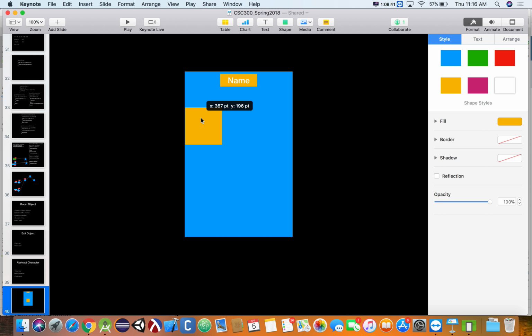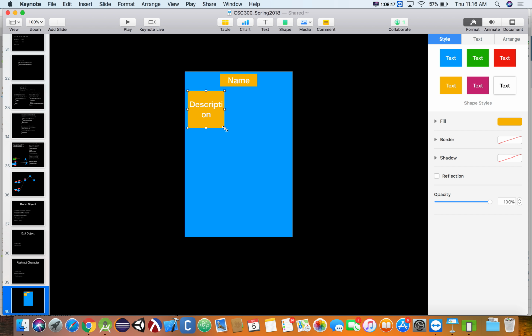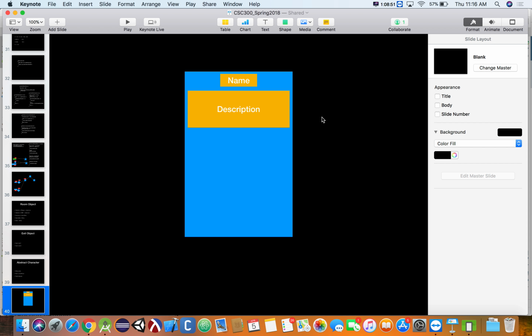We have our description. Yeah, we're going to actually build a screen. So for the homework, you're going to build the interface for your screen and maybe just show the S120 room. Something like that. All right, so we'll have name, we'll have description,